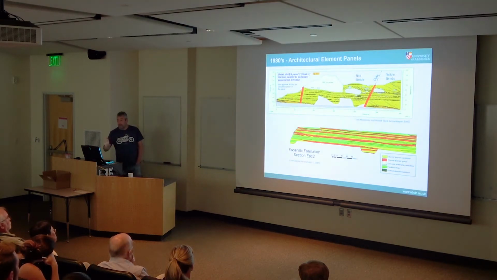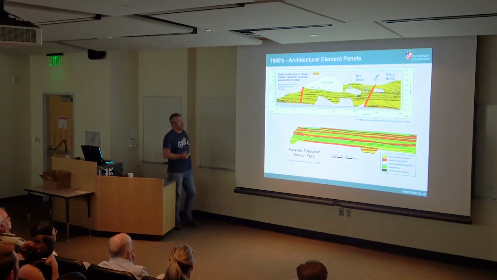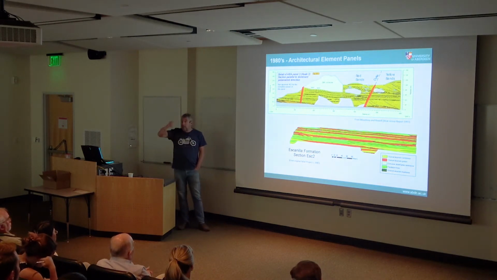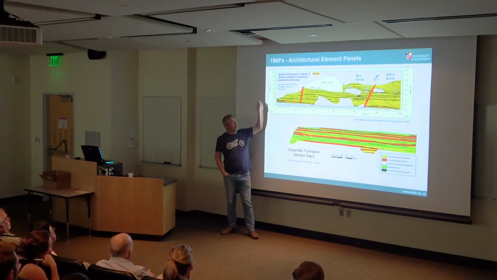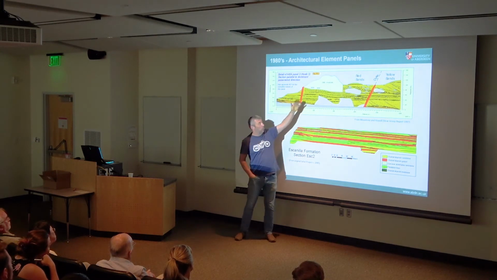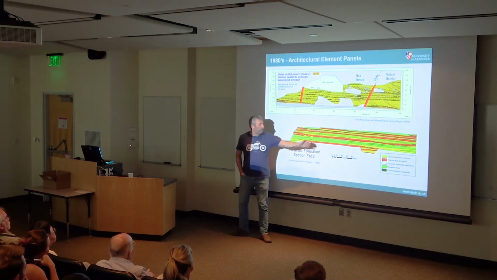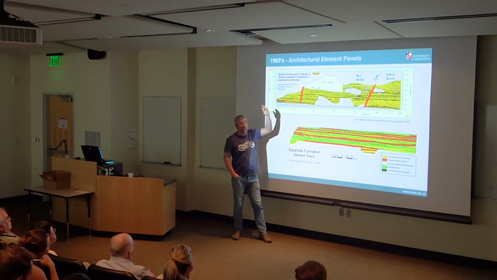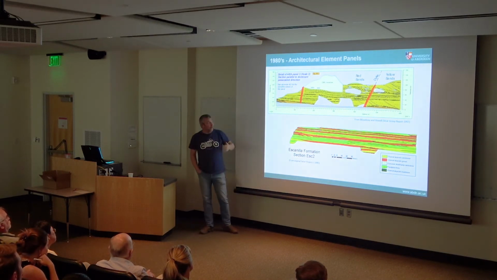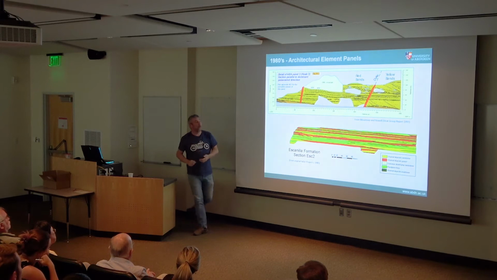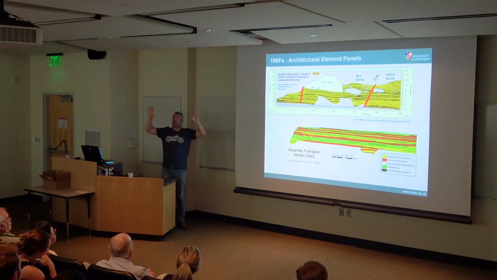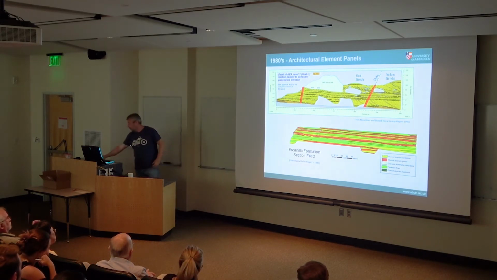And if we're not talking in map view, back in the 1980s when I first started my PhD and we started doing outcrop work, literally we used to go out and draw these big, what we called architectural element panels, a scale drawing of a cliffside, whether it was fluvial channels in Spain or some Aeolian sands down in Namibia. It didn't really matter. The key thing is we would have one person sat there drawing, the other person measuring, shouting or using walkie-talkies, and we'd try to capture the geometries and architecture of the cliff sections.